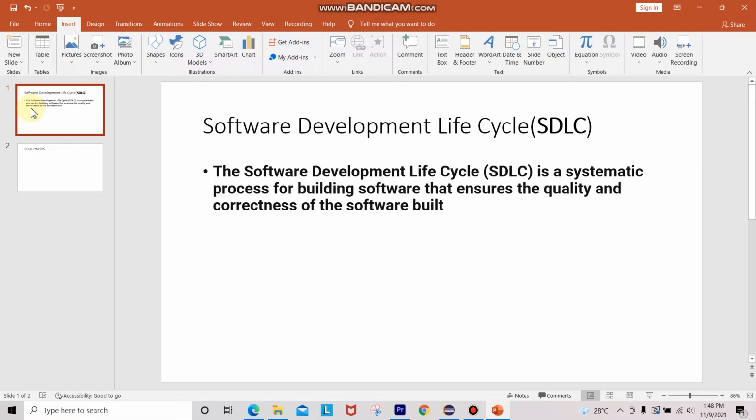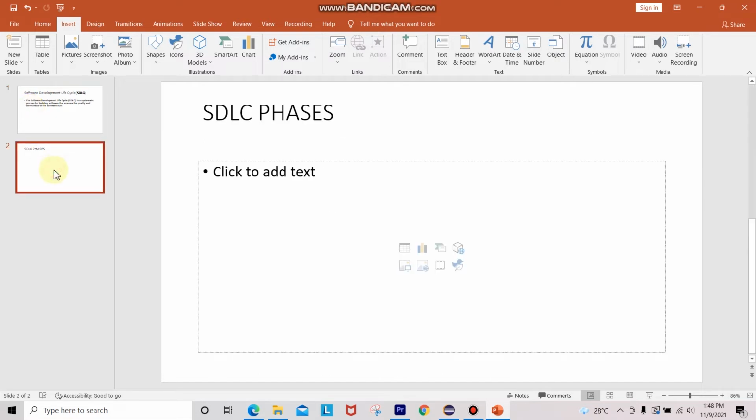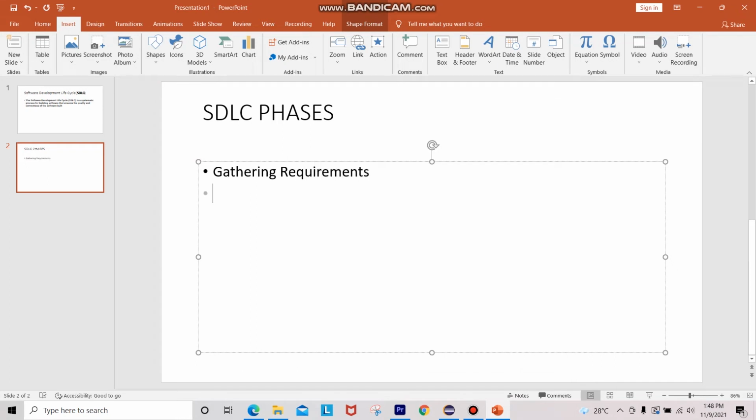Let me create a slide for that. Here, SDLC phases. The phases I discussed are: gathering requirements, the second one is planning, the third one is the design phase, the fourth one is the coding phase, the fifth one is the testing phase, and the sixth one is delivery and maintenance.